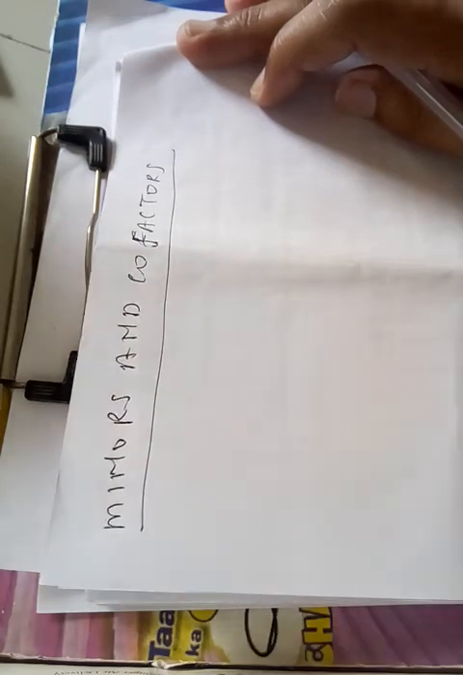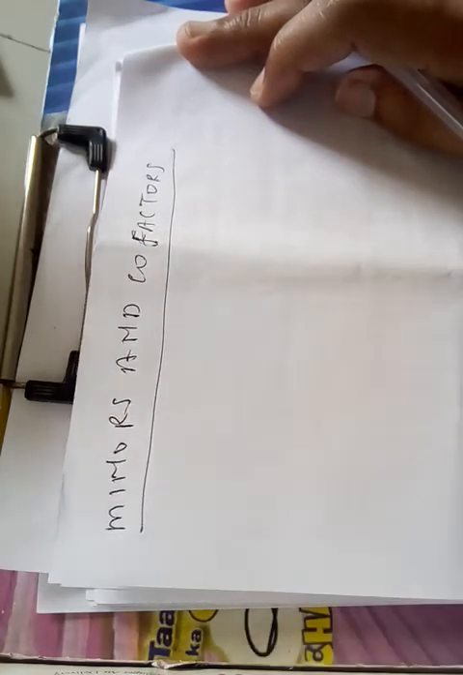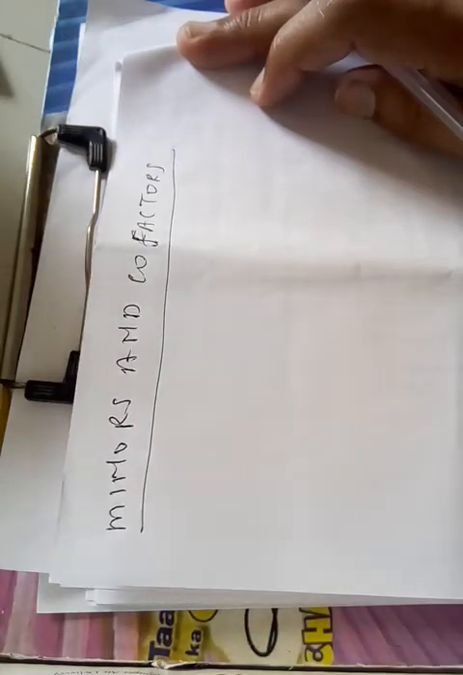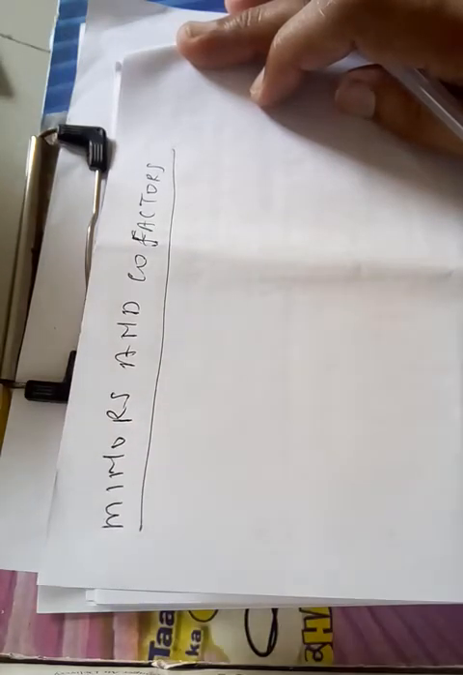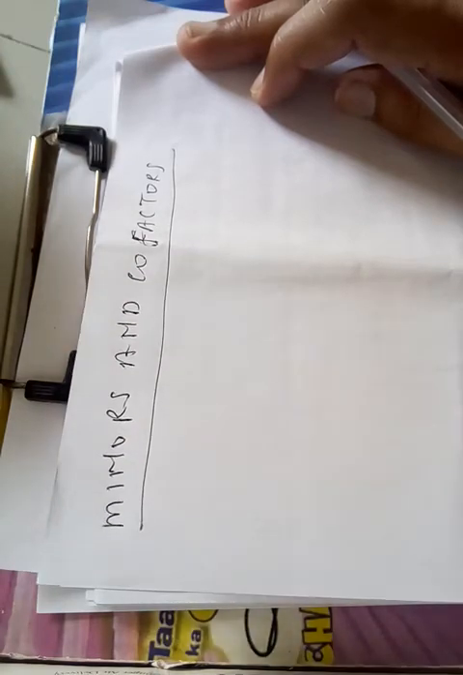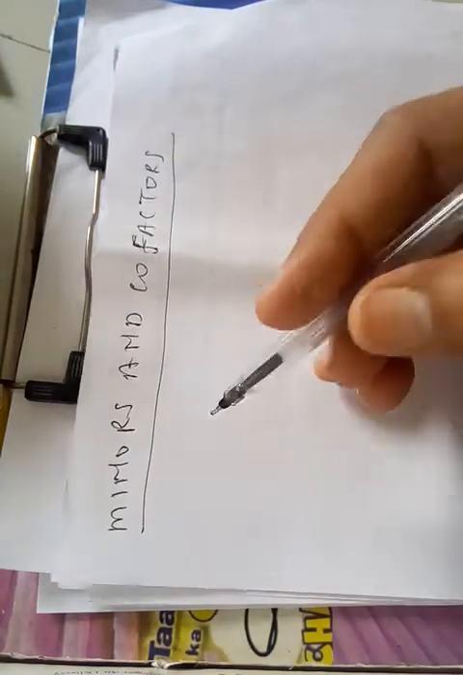Minors and cofactors. Today's topic: minors and cofactors. The definition of a minor: the minor of an element a_ij in a determinant is obtained by deleting its ith row and jth column, in which the element a_ij lies. The minor of an element a_ij is denoted by